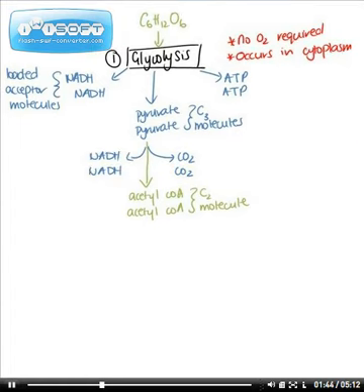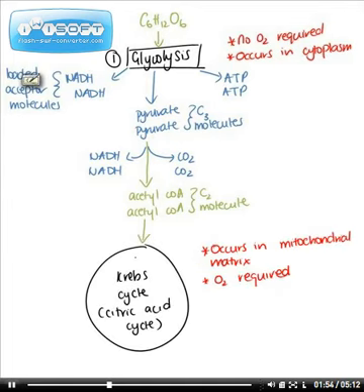Acetyl-CoA now moves into the mitochondria, specifically the matrix or the fluidy component of the mitochondria, into a process called the Krebs cycle, which is the second stage of cellular respiration. Oxygen is also required for this reaction to occur. Now, as acetyl-CoA moves in, there are a series of steps that occur which you don't really need to know